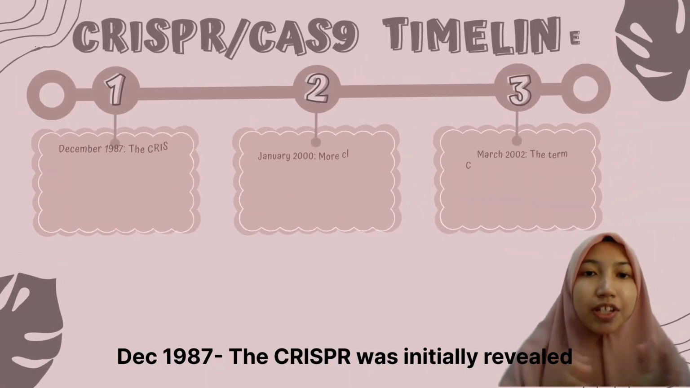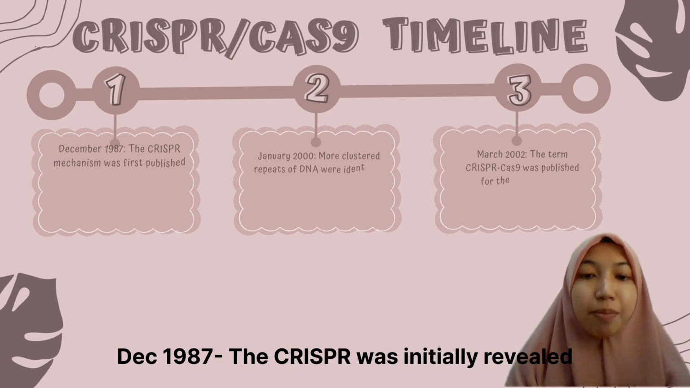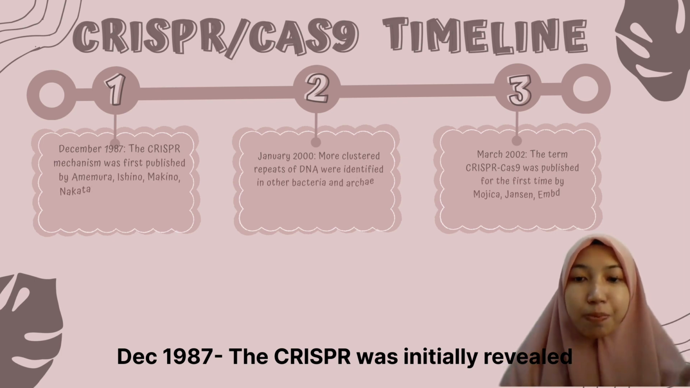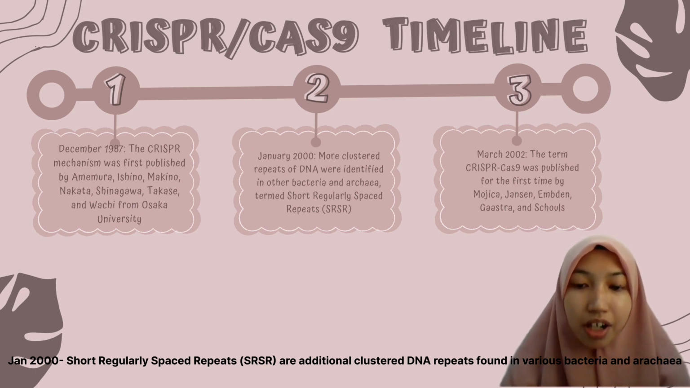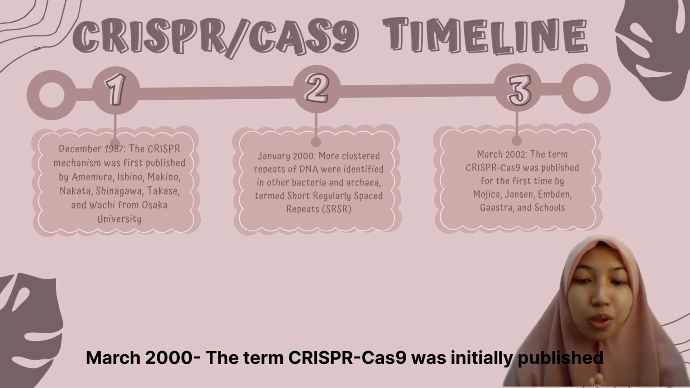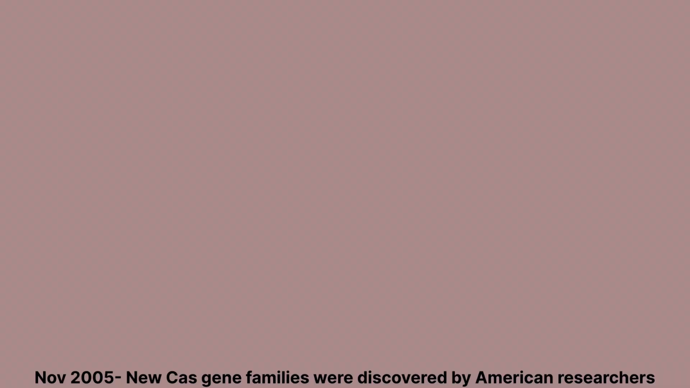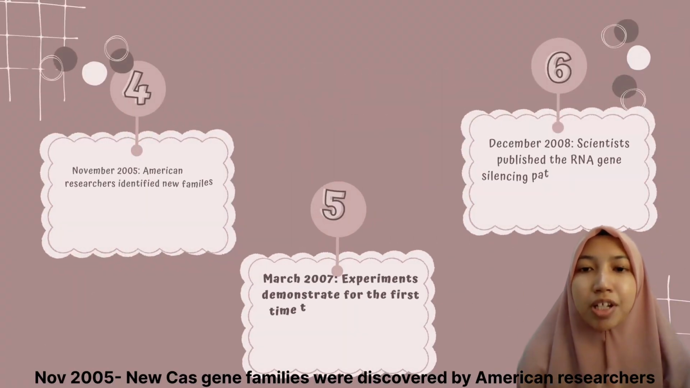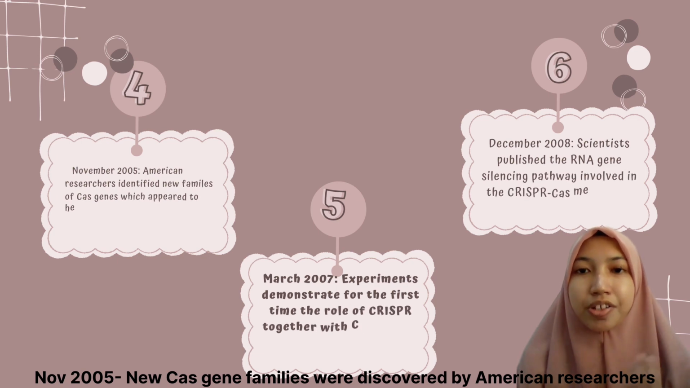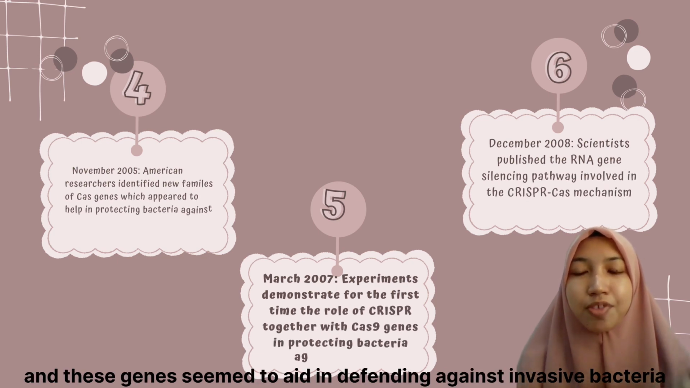For the CRISPR-Cas9 timeline, in December 1987, CRISPR was initially revealed. In January 2000, short regularly spaced repeats are additional clustered DNA repeats found in various bacteria and archaea. In March 2002, the term CRISPR-Cas9 was initially published. In November 2005, new Cas gene families are discovered by American researchers, and these genes seem to aid in